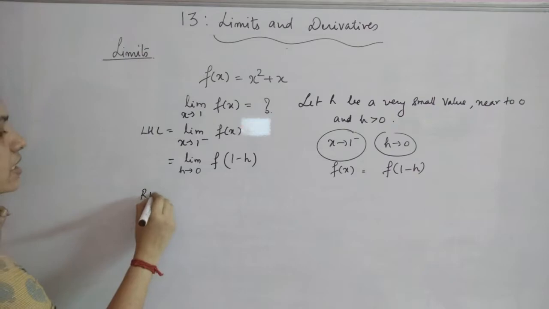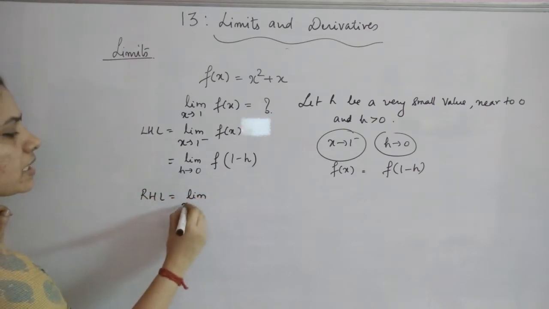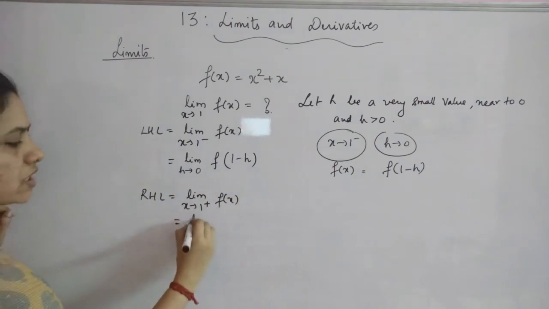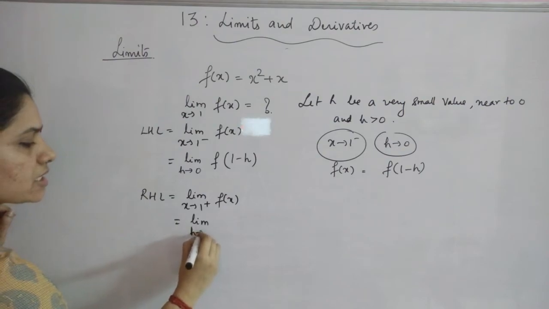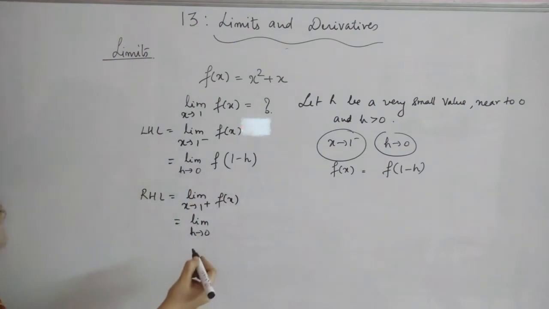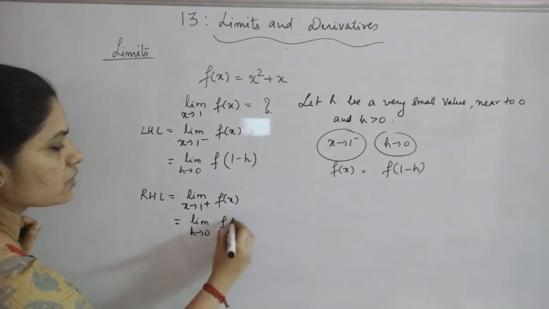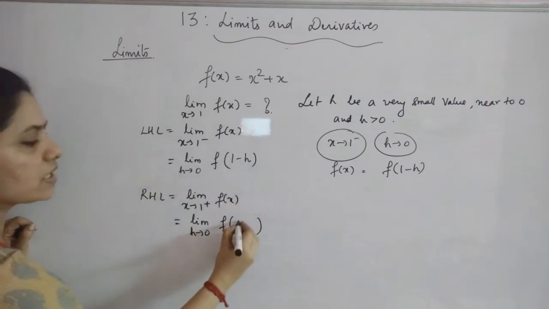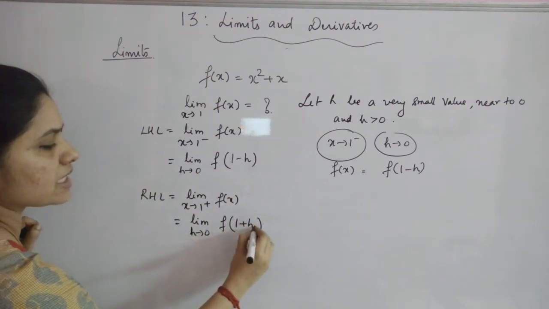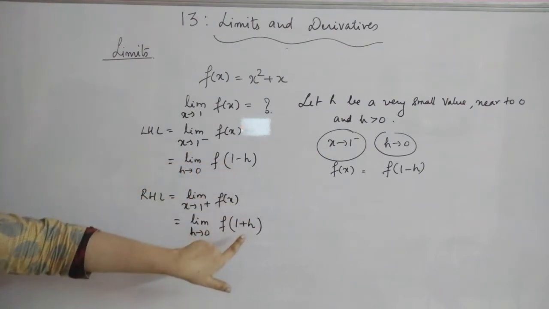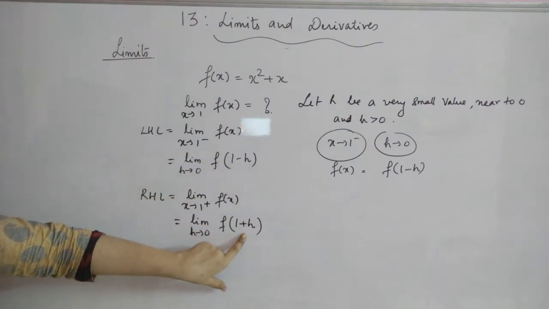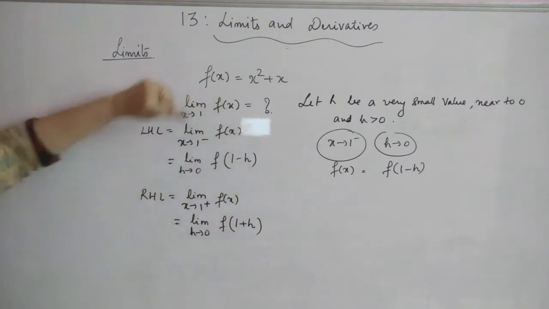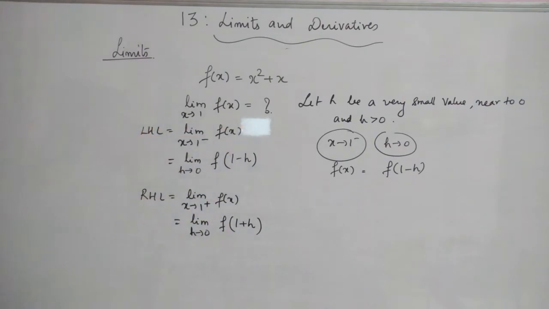Now talking about the right hand limit, it is limit x tends to 1 plus f of x, and its notation when changed to h will give you limit h tends to 0. So in both the cases you are writing only h tends to 0, but where the change occurs is in the x part, that is f of x will be replaced with f of 1 plus h. There it was 1 minus h, here it is 1 plus h. That means here it is a quantity which is greater than 1, there it is a quantity which is less than 1. Okay, now what is the meaning of f of 1 plus h and f of 1 minus h, that we are replacing and finding out.